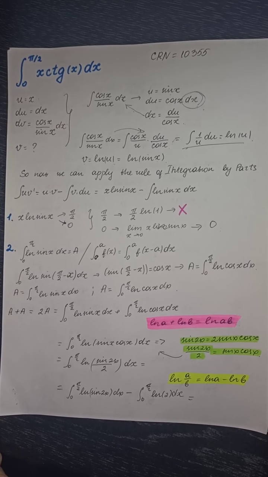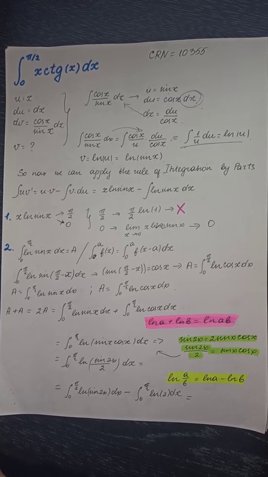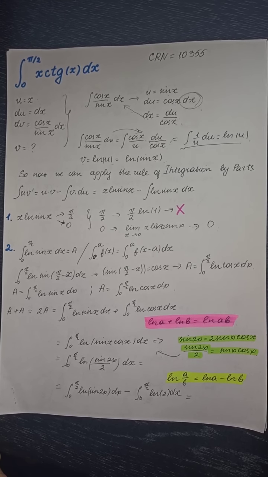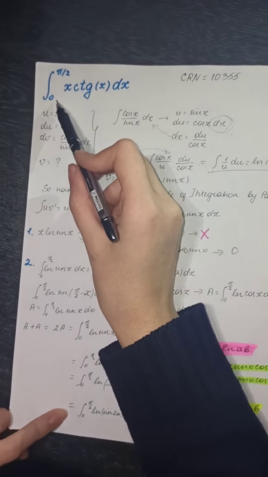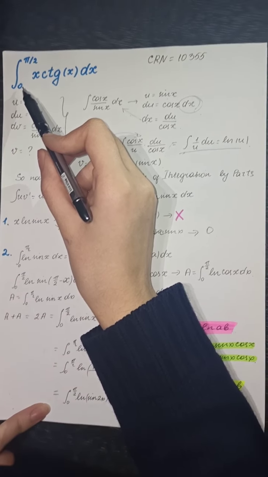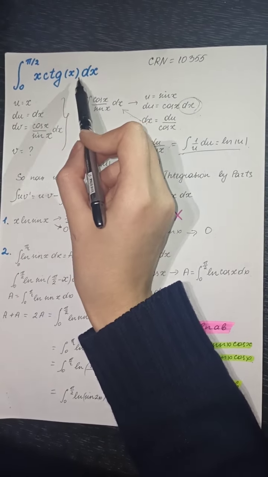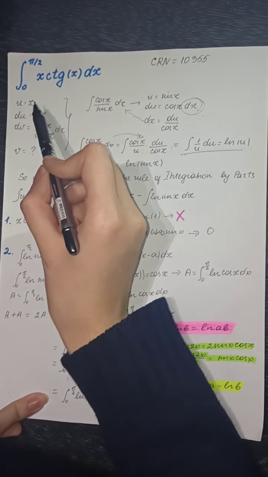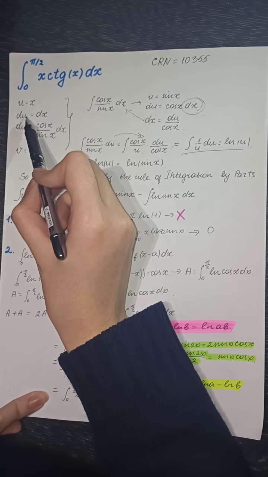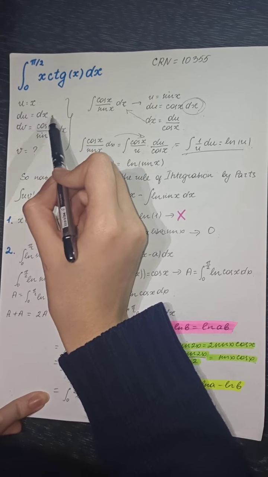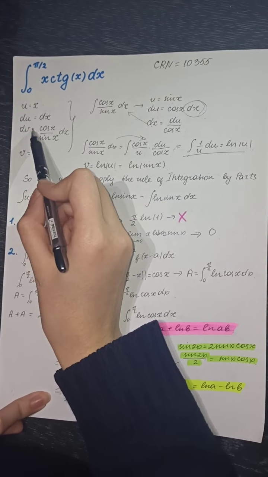My serial number is 10,355 and I'm going to show you how to solve my hard problem, which you see here: integral from 0 to pi over 2 of x cotangent x dx. As you see, we found u, and because of u we can find the derivative of u, which is 1. That's why we only write dx. And dv is